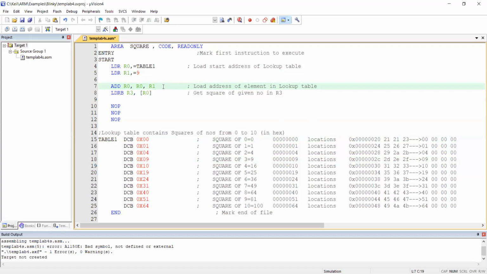So let's optimize the code so that we can get an output without usage of an optimization concept or a barrel shifter. Okay, so both are addresses. Two addresses I am adding here. One is address and one is a constant. So what happens if I write address plus constant?